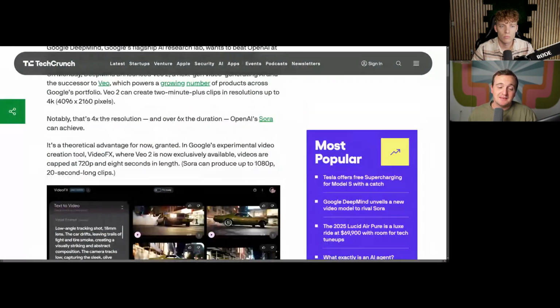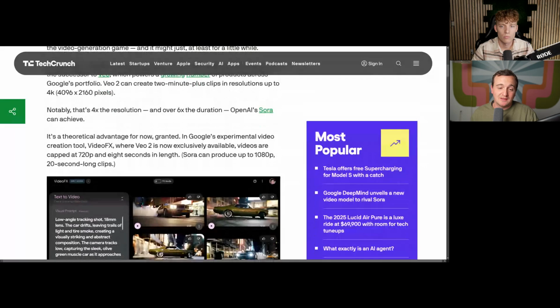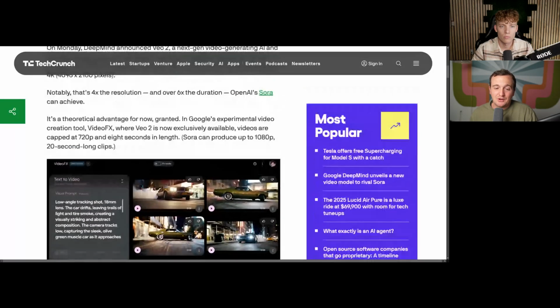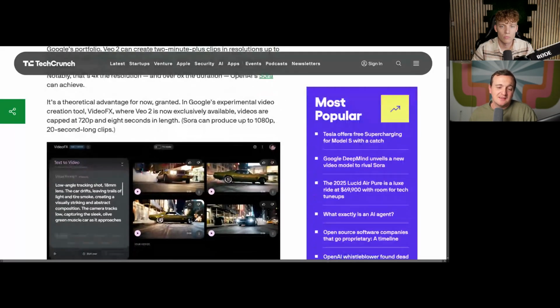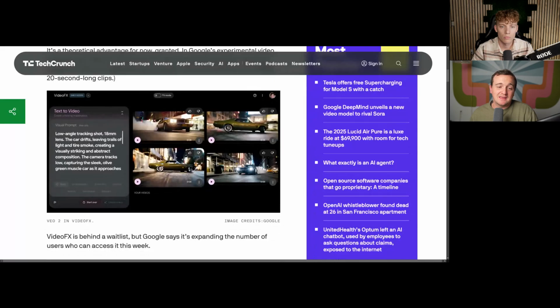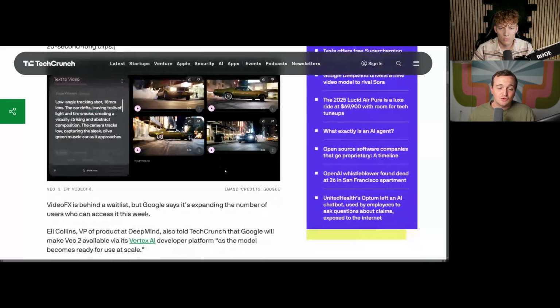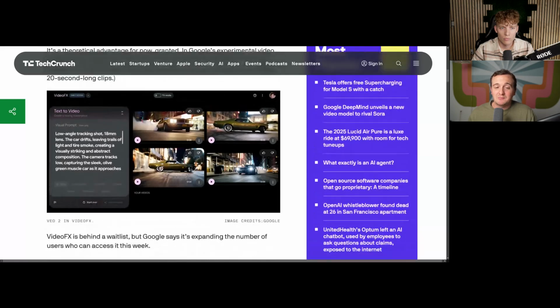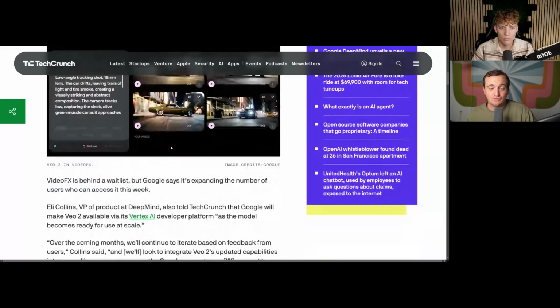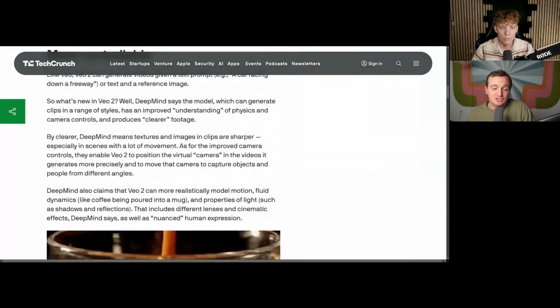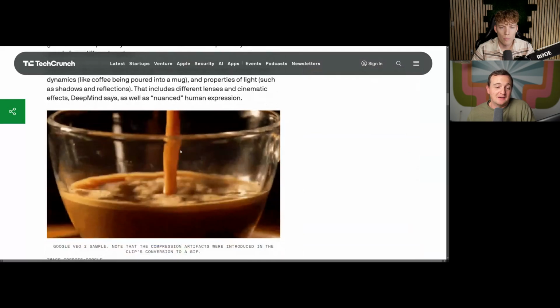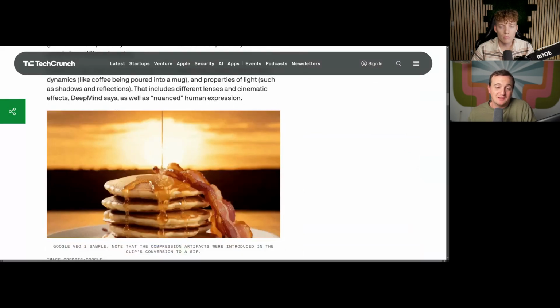Some of the demo footage shows a car doing a burnout on the street at night. It seems like there are some really cool things. It seems very controllable. It's claiming to be more controllable than Veo version 1. I'm not exactly sure what that means, but yeah, it's looking pretty good.